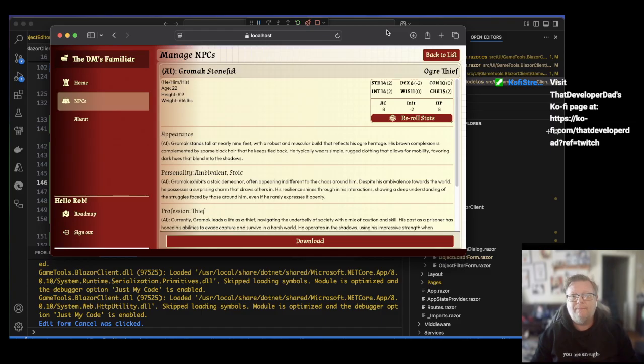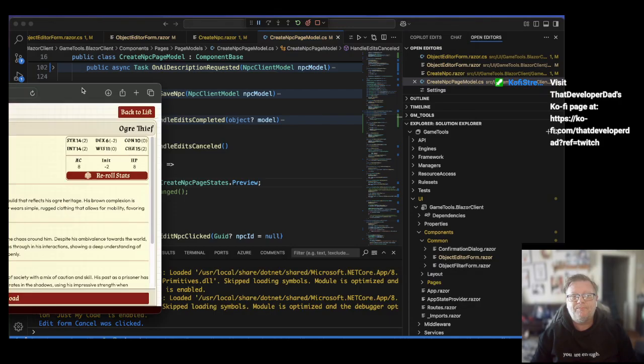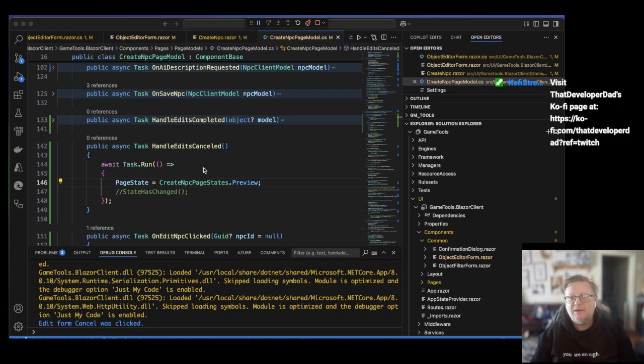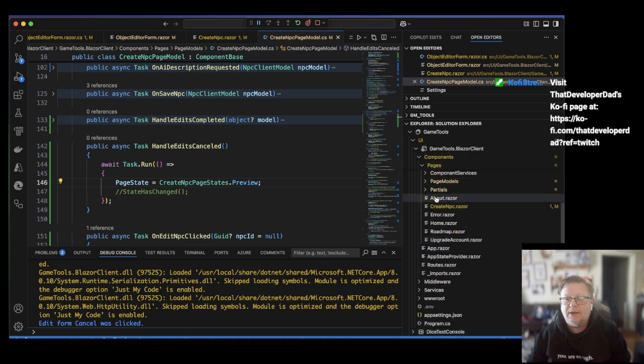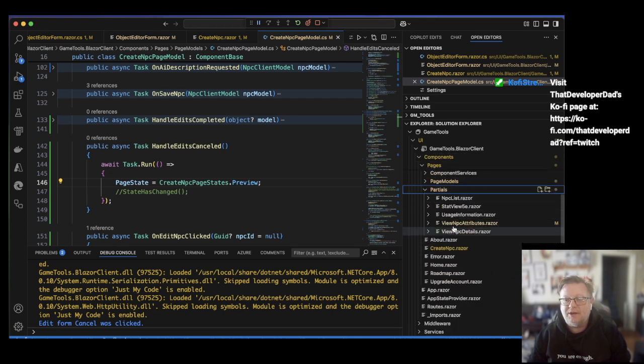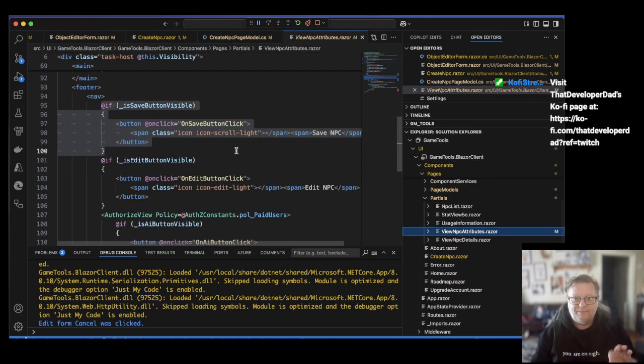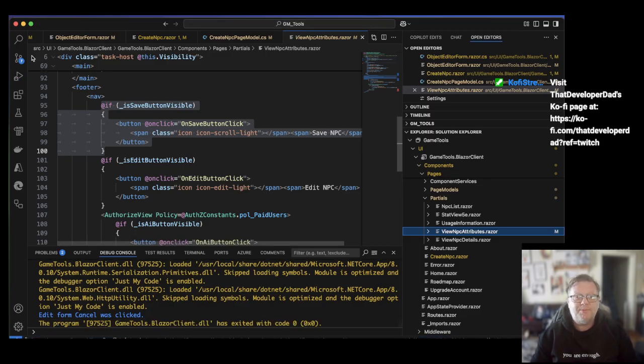So that guy lives on not common, but pages. And our existing edit button lives on the NPC attributes razor. And before I go any further with what I was about to do,